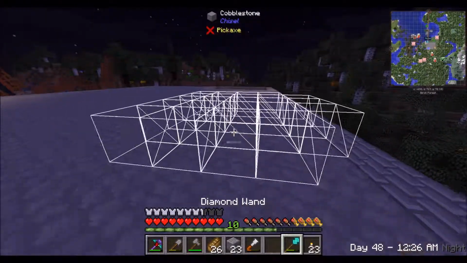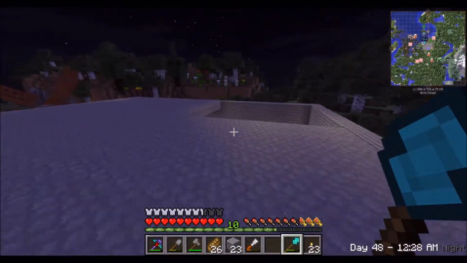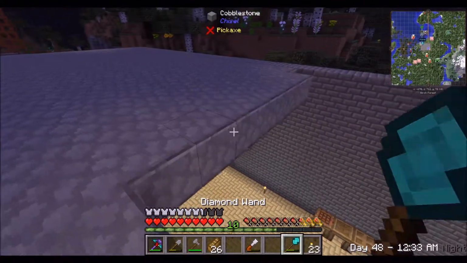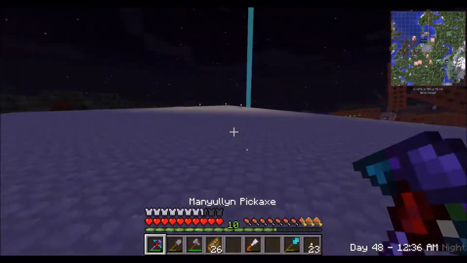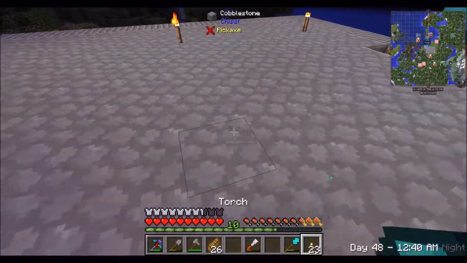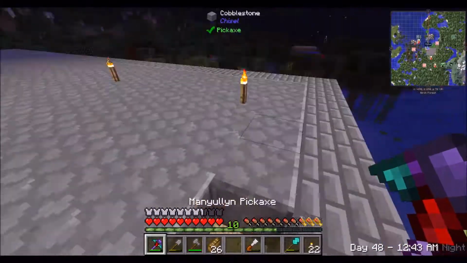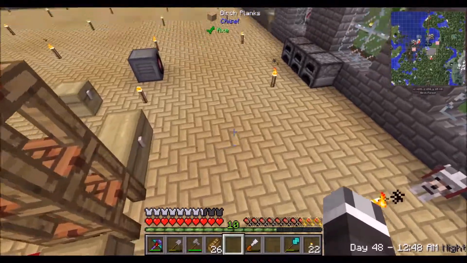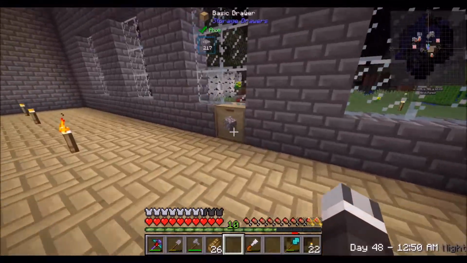Alright guys, so our ceiling is almost complete here. We've got a little bit of a hole. Didn't notice this. Not quite enough cobblestone. Almost. Alright, so now it's just gridding out these torches as well, which shouldn't take too long because I've got a pretty good idea on how to do it quickly. Let's grab some more cobblestone. Look at this, just readily